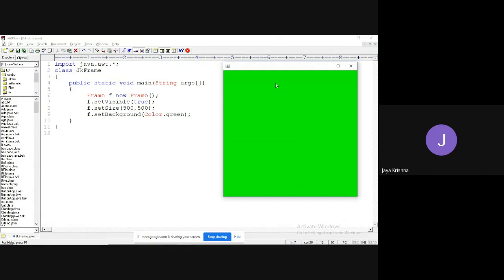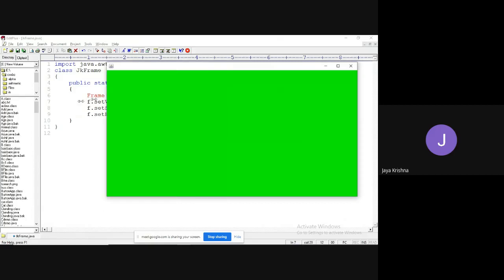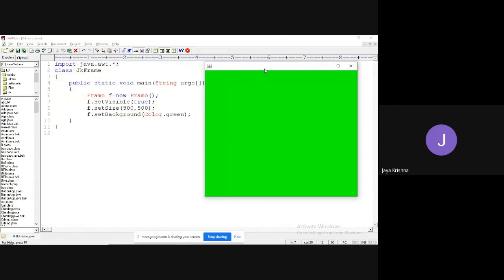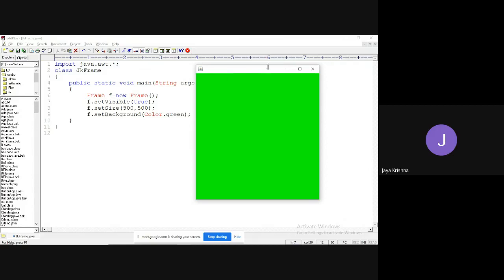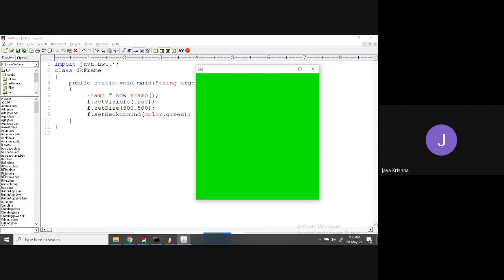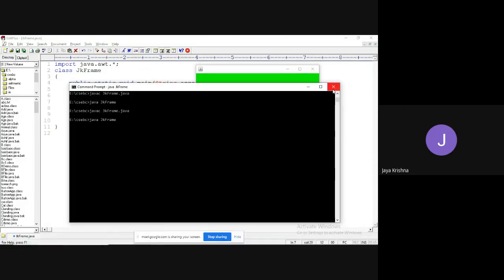So my background color is green, whose size is 500 by 500. I said every frame is movable and resizable. Guys, if you observe, is there any title here? No, there is no title at all. The thing is, this doesn't close directly.